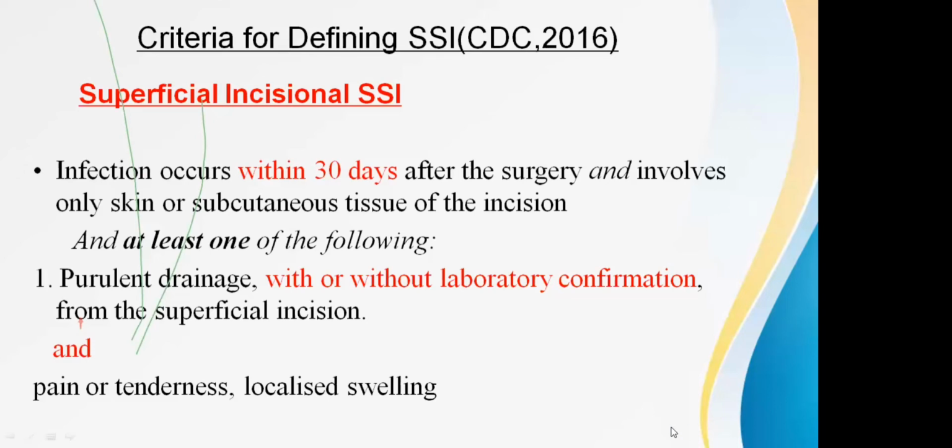So these are the brief areas where we have to look. Any person who comes after 30 days of surgery to a surgeon saying that I have some purulent discharge from my stitch line, there is some discharge which is oozing out, and it is almost a month that this is oozing out. There is pain, there is tenderness, and there is swelling. That is nothing but the superficial incisional surgical site infection.